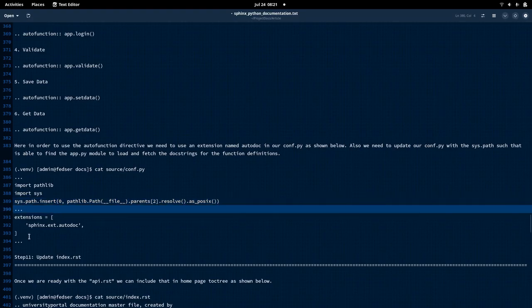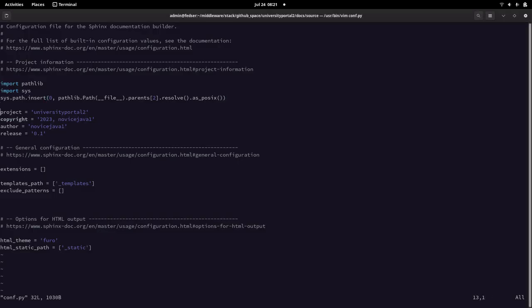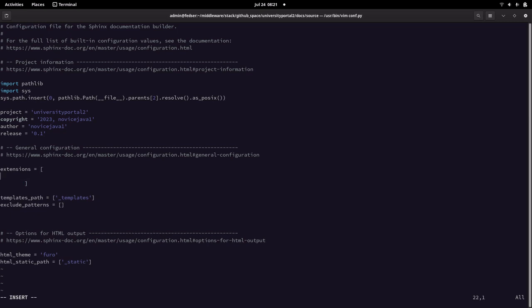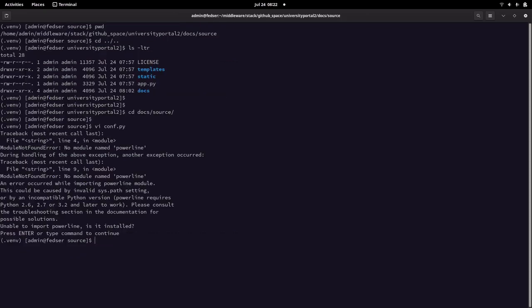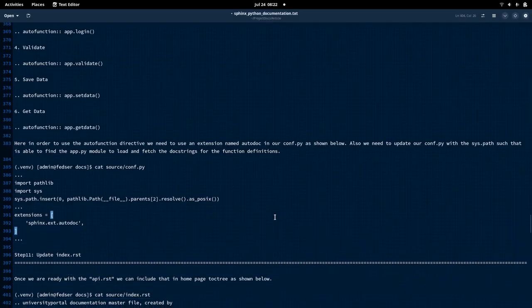Okay, once that is updated, we need to update our extensions part over here with the extension that we want to use. You can see we are using this autodoc extension, which provides that autofunction directive, which is basically used to load the Python module and generate the documentation out of the docstrings from that Python source code. Okay, so let me save this file,